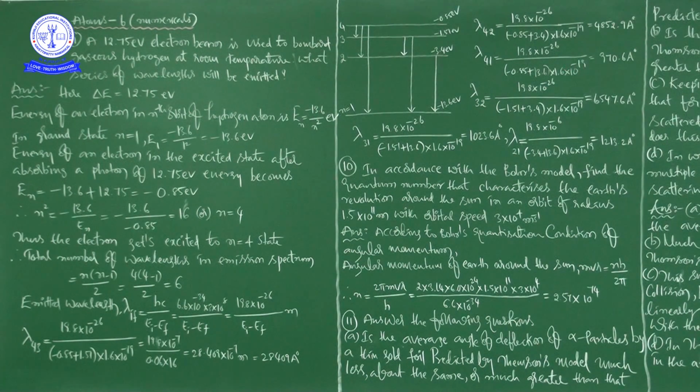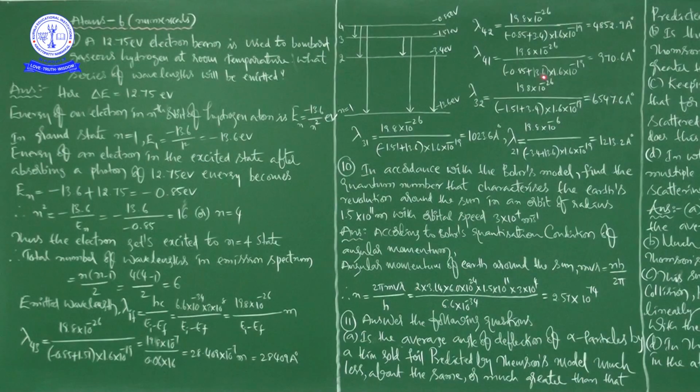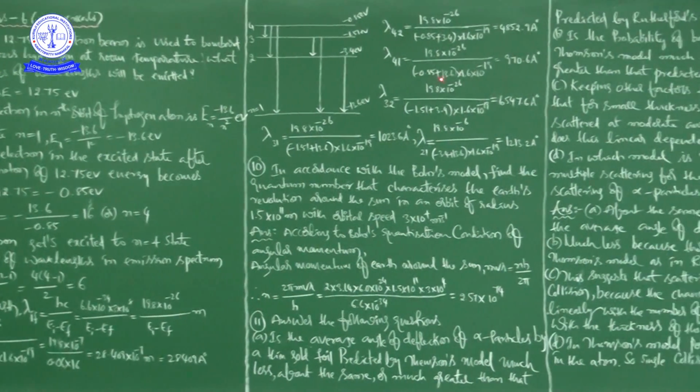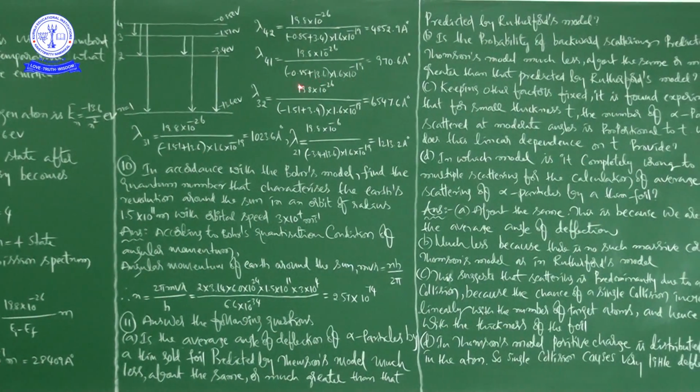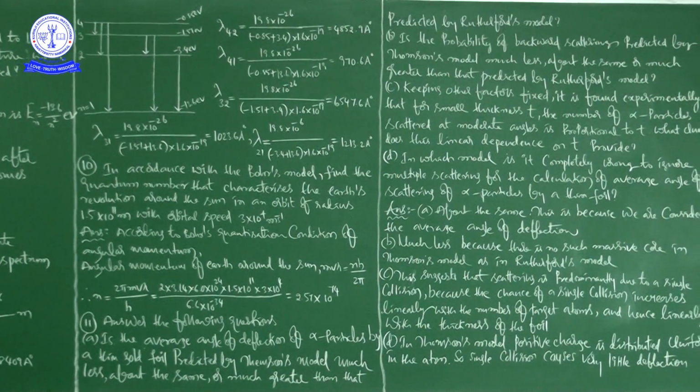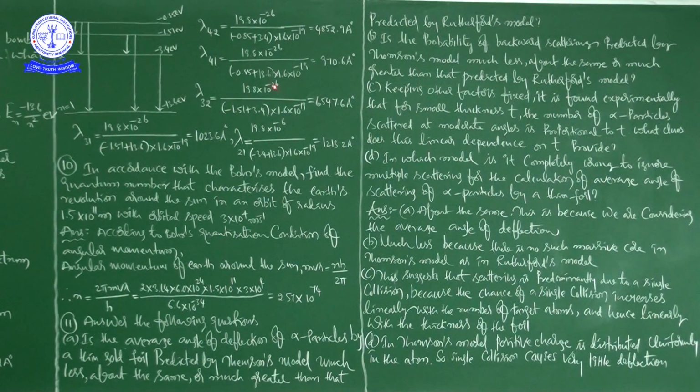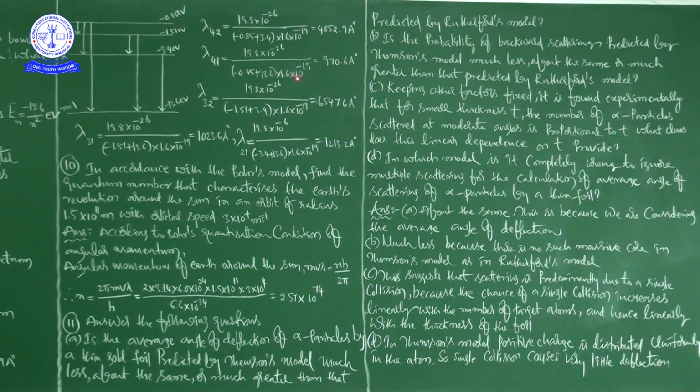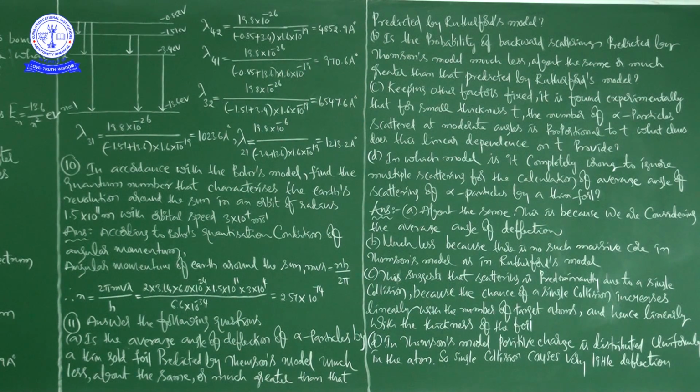Next, see here, 4 to 1, same process: 19.8 into 10 to the power of minus 26 by minus 0.85, minus of minus, anyhow it is plus 13.6, into 1.6 into 10 to the power of minus 19. Finally 970.6 angstrom units, okay, that's it. So next, lambda 32, so from here to here,